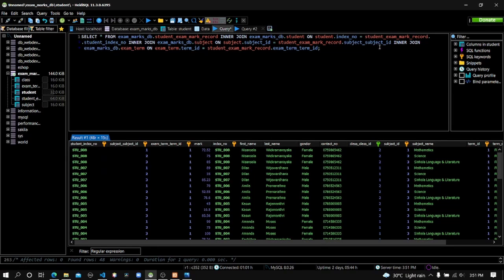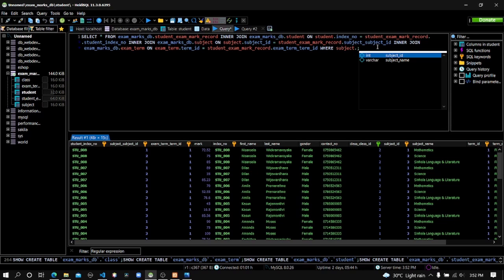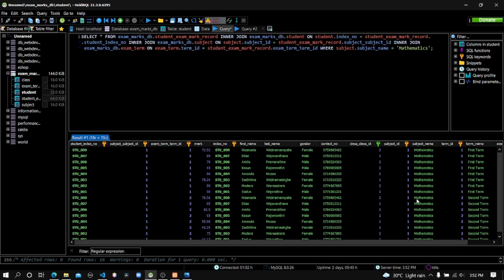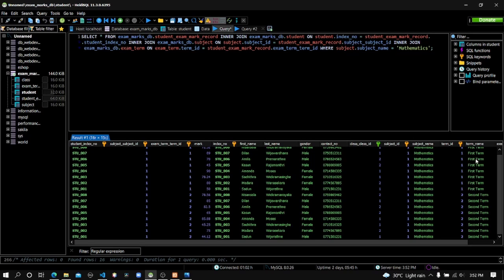Now we can write our condition. So where keyword, and here's the first condition: I am filtering the data using the subject. So the subject name in the subject table should equal mathematics. Okay, mathematics, and let's execute this one. Here let's find the subject name. Here only the records related to the mathematics subject are showing, but in these records you can see first term records and also second term records, but we have to write another